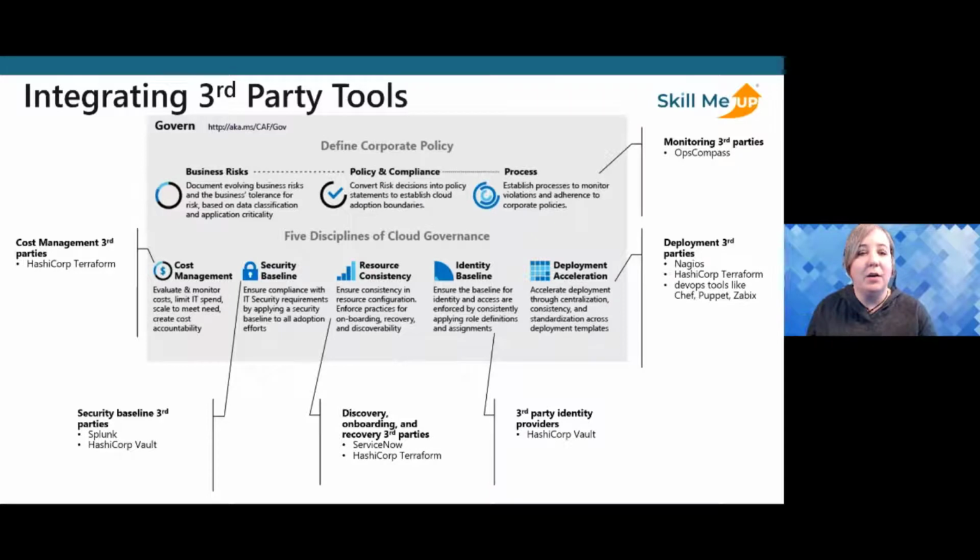So you can think about these tools that can be deployable or usable within any cloud, right? So all of the HashiCorp technologies, so Terraform, Vault, et cetera, right? You can think about using Splunk to help out from a monitoring perspective. It'll monitor your environments on premises. It'll monitor your environments in AWS as well as Azure. You can bring that into Azure without a lot of issue.